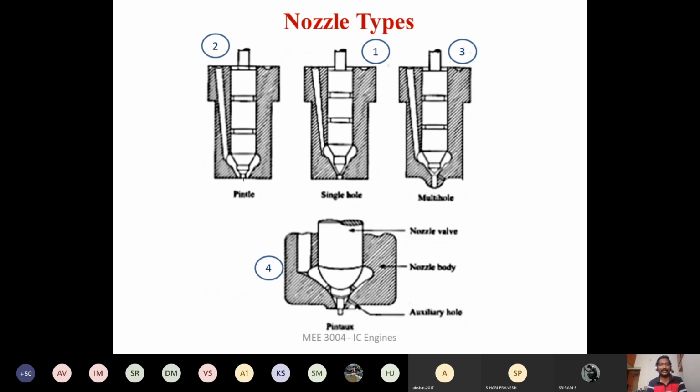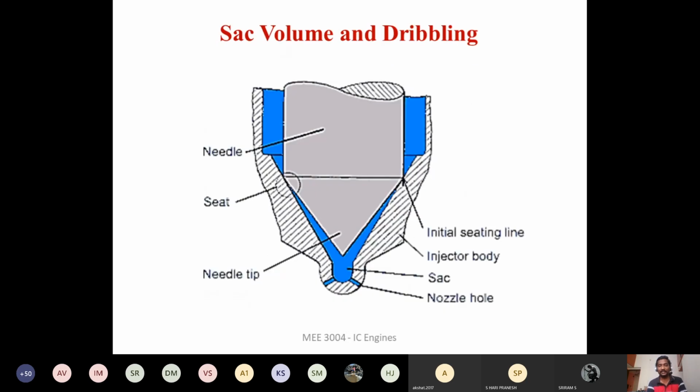Okay, now coming to the actuation of this nozzle, right? Before we go to the actuation of the nozzle, this diagram shows you the complete portion related to the nozzle and needle valve. So this is the nozzle part. Okay, this is the fuel injector body, and this is the orifice or the nozzle opening orifice, and this is the needle valve, and the tip of the needle valve is shown here.